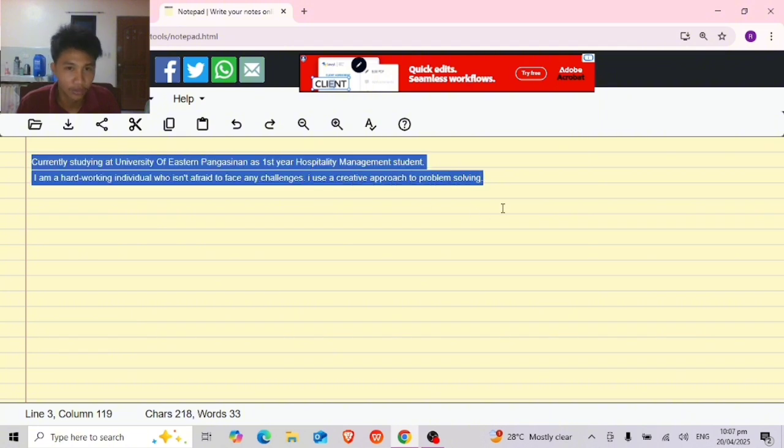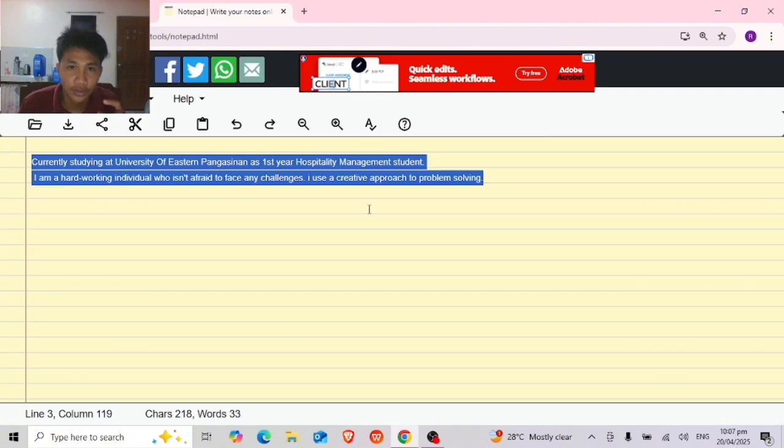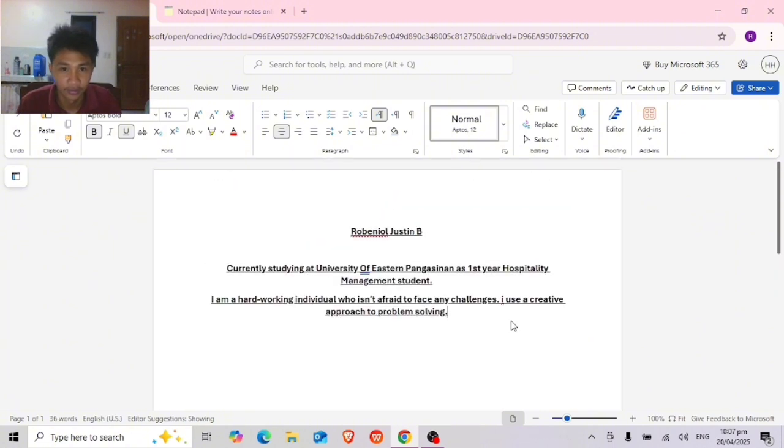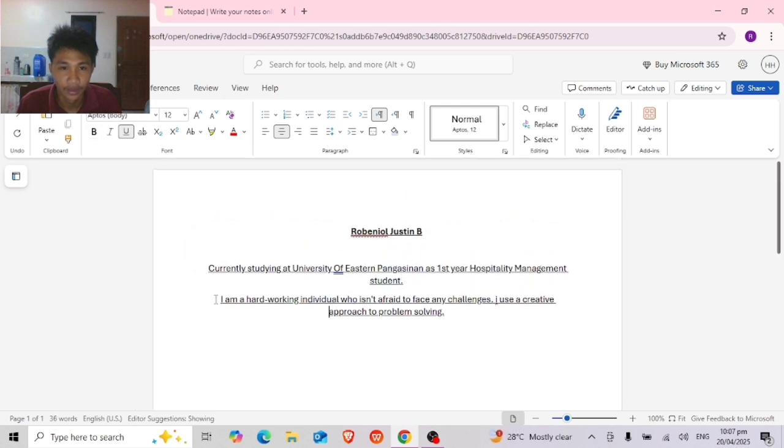Select and Control C, or you can use Control X. To paste it here, we need to press Control V, which is paste. So Control V. Now we need to remove the bold and the underline.